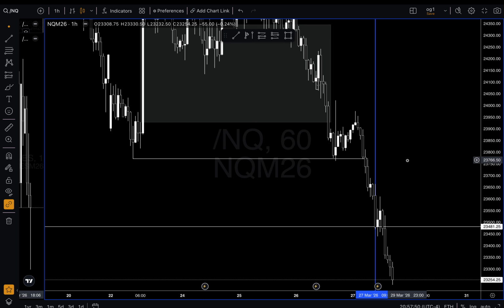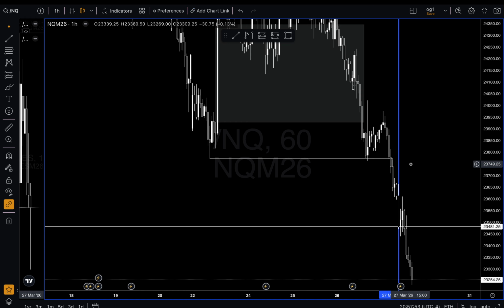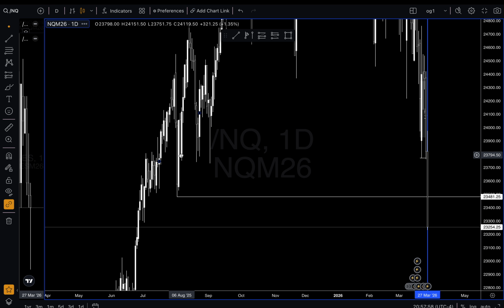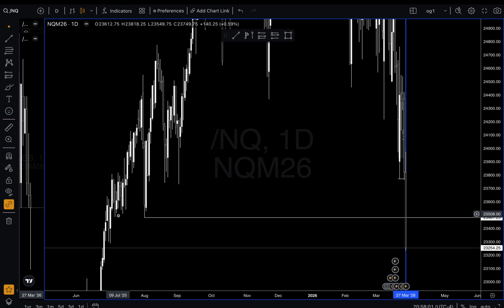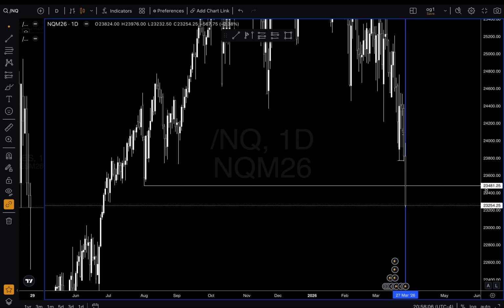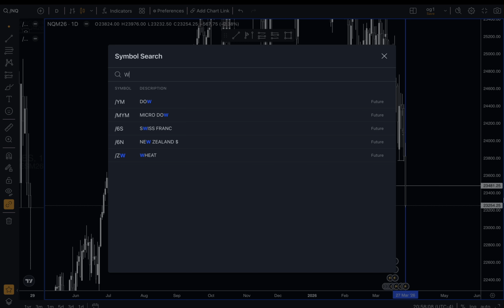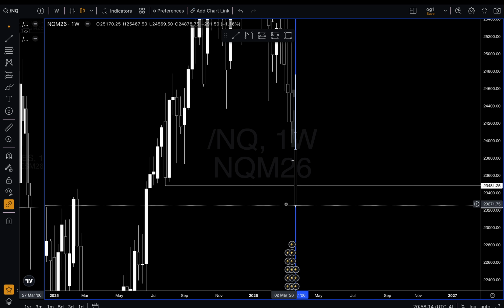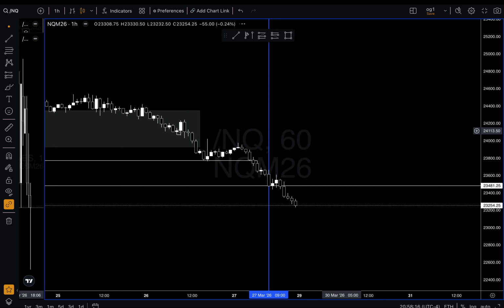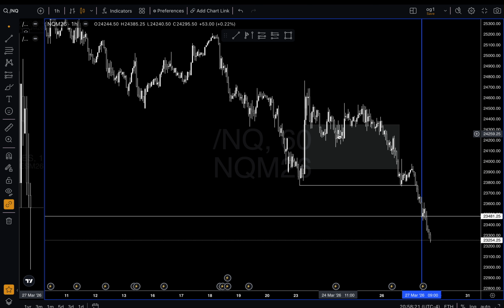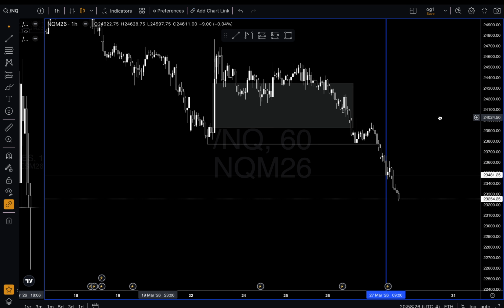But at the same time, I was bearish for the day, targeting daily sell side. This is the most obvious sell side here. We also have these little stacked lows, so I was very bearish. We also had a weekly imbalance that price did trade to. So for multiple reasons I'm bearish, and the market is making lower lows and lower highs overall. This downtrend is very clear.